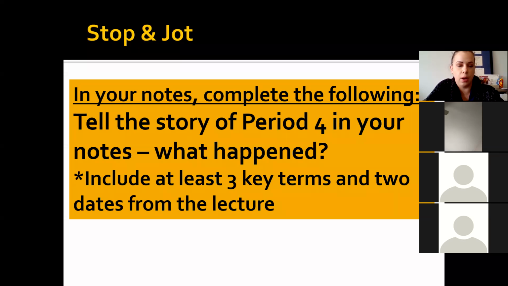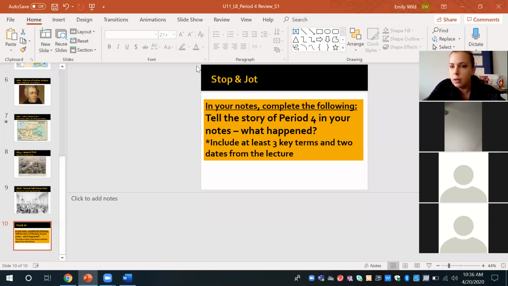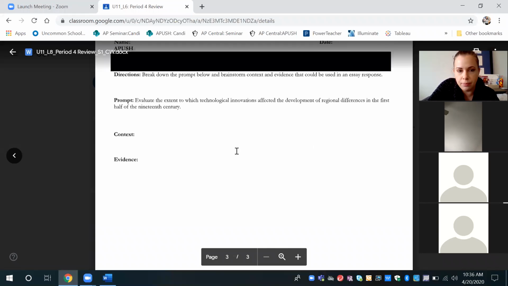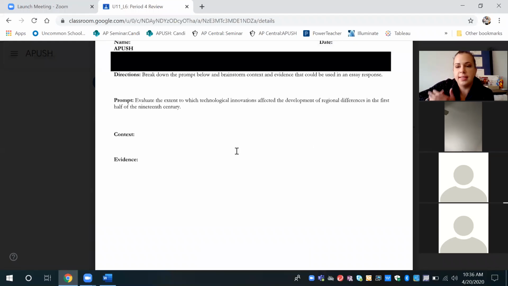Beautiful. Okay, so I'm going to stop sharing my screen. I need to get out of my PowerPoint. Let's get out of here. Great. So we're going to transition to the exit ticket. You guys, as you know, are going to be writing a modified DBQ for the AP exam. So we are going to spend a lot of time with either essay planning and document analysis, everything that you need to be able to do to write a great DBQ